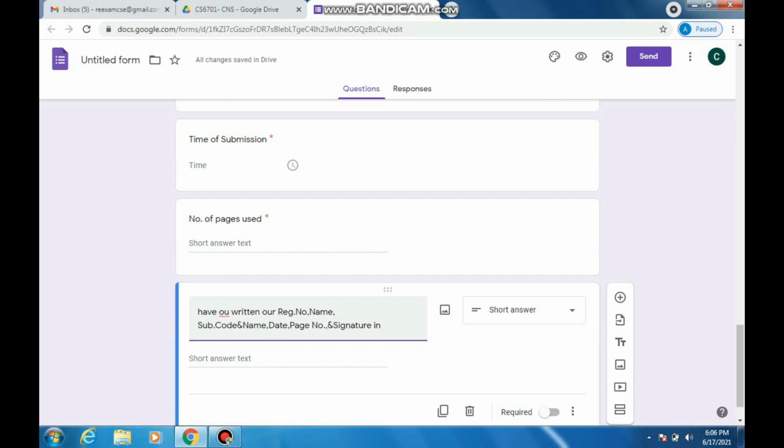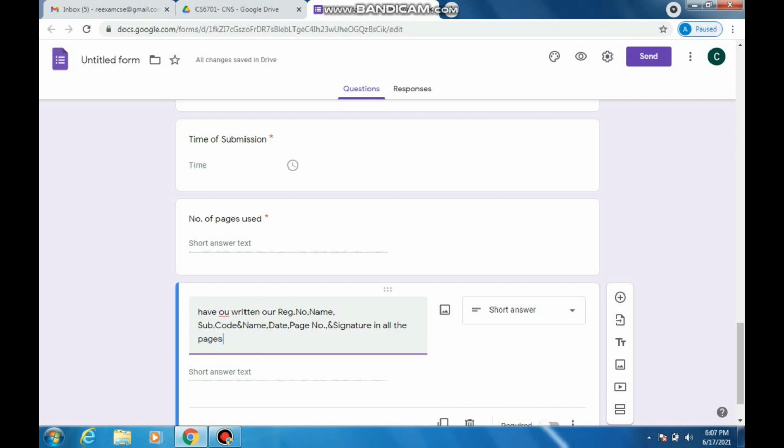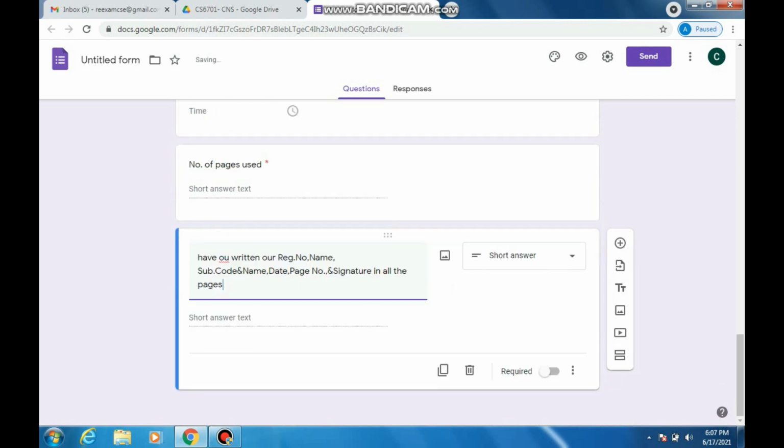So we have to ask him or her whether they have written the signature in all the pages. Okay, so we can frame the sentence. Since it is time consuming, I am making it simple.